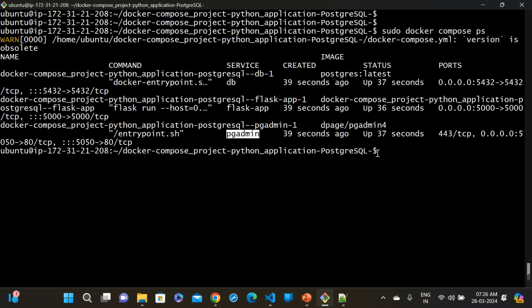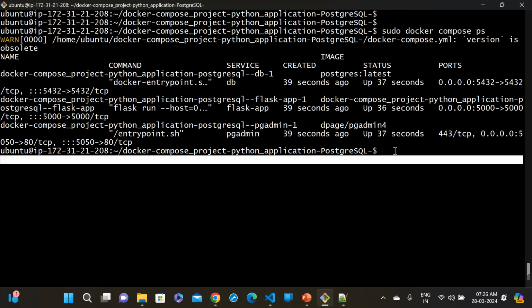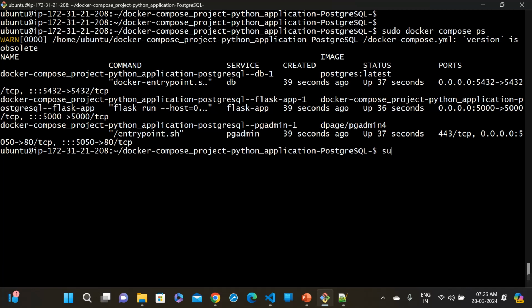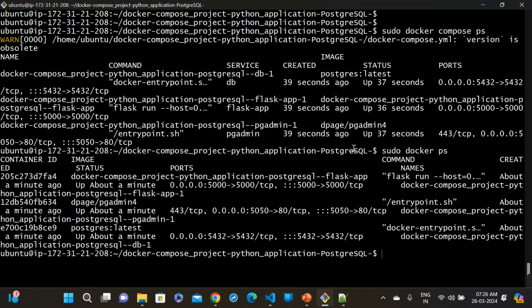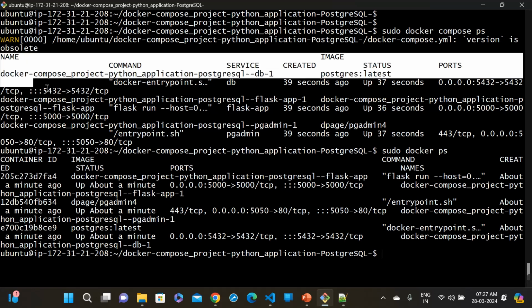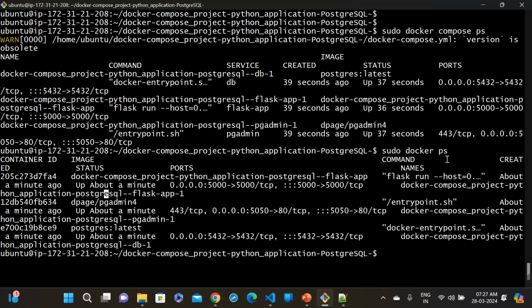There are three applications running. So sudo docker ps is one command, and docker compose ps is another command. The difference is that in docker compose ps we cannot find the container id,